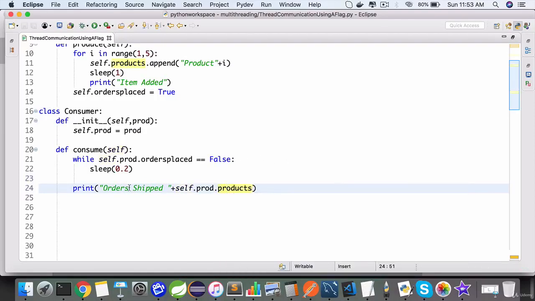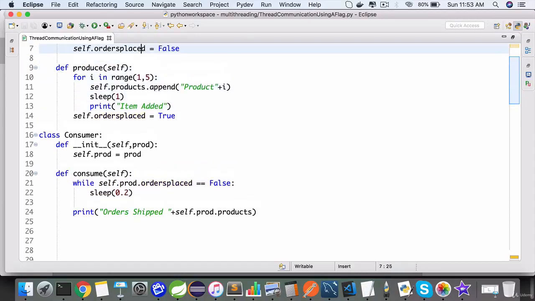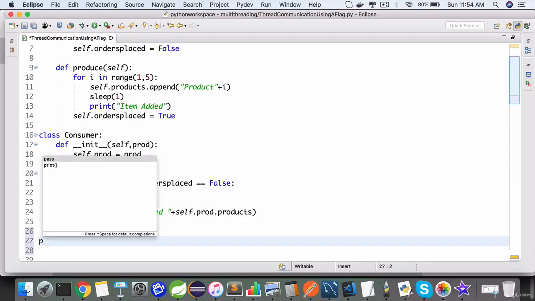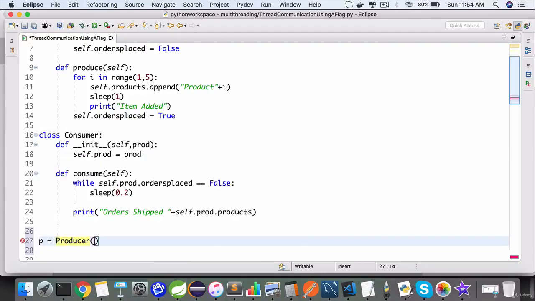As soon as it comes out of the while loop, you can say print. Let's add one more line there. Print orders shipped or processed plus self.prod.products. Simply display the list. So here we are saying that we are shipping the orders, or we have shipped the orders, because now the orders are ready. Whenever it comes out of this while loop, that means this flag is flipped